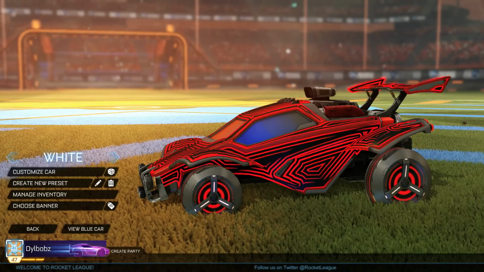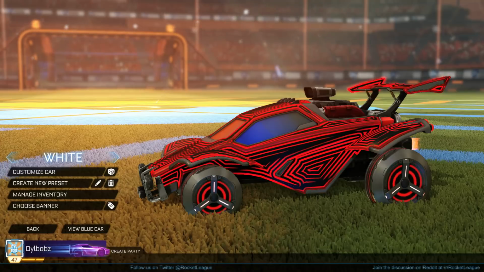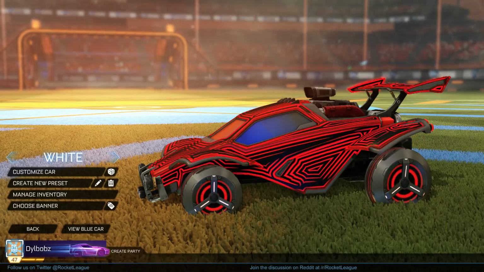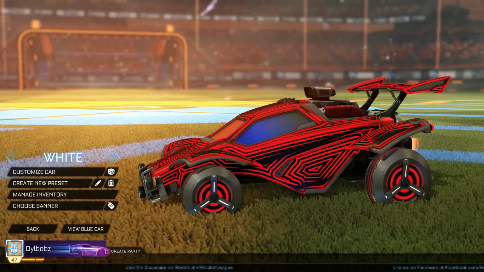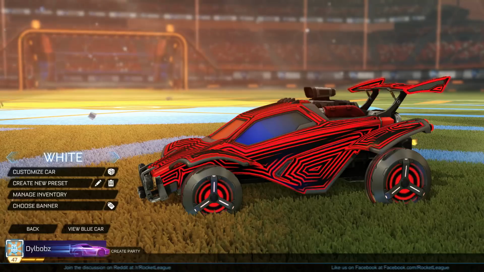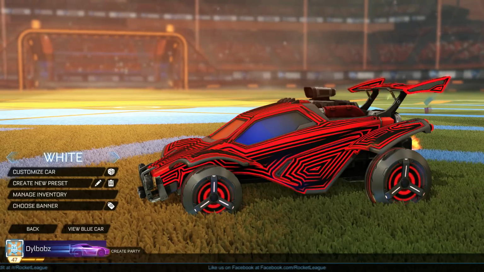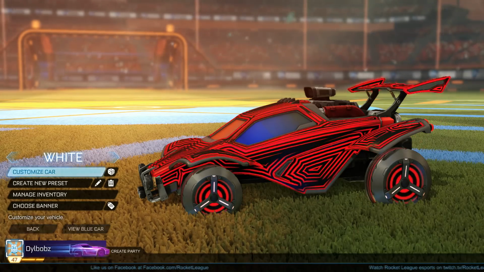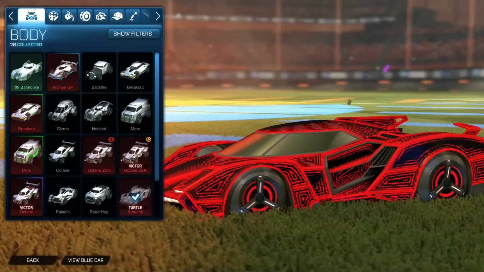Now this design is actually really cool because it uses some very cheap items in comparison to the really expensive items. Starting off, we're going to take a look at the main item from the Triumph crate in this video. Right now we have the Reverb Wheels. This isn't the normal version, these are the painted crimson version, and that's why this car will be quite hard to get. Originally I wanted to use it with the Samurai car, but as you can see right now